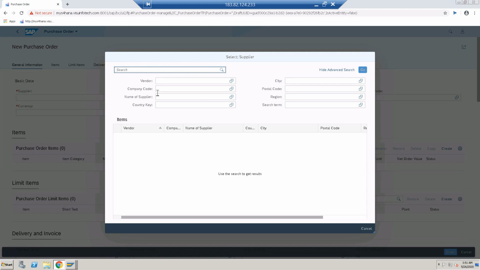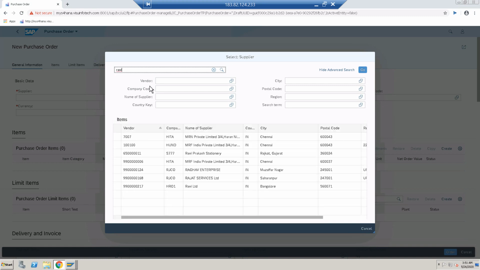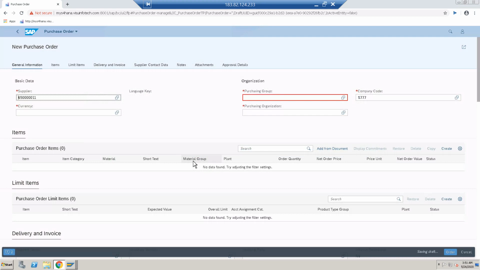Otherwise, enter your company code. I know the name of the supplier, Ravi Prakash Stationery. So today I am going to purchase stationery. That is also a consumable thing we use for office purposes.